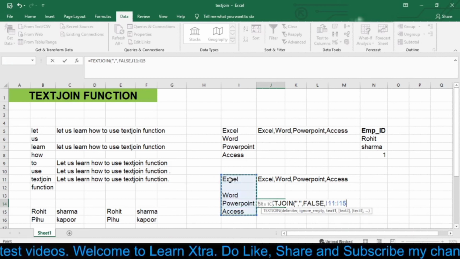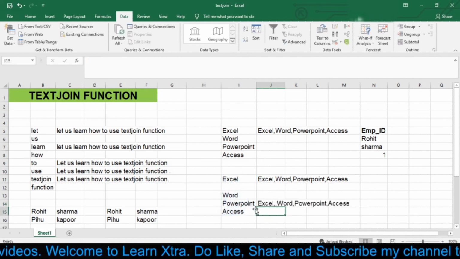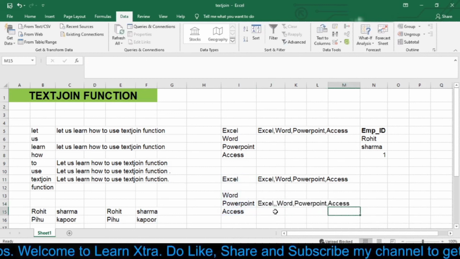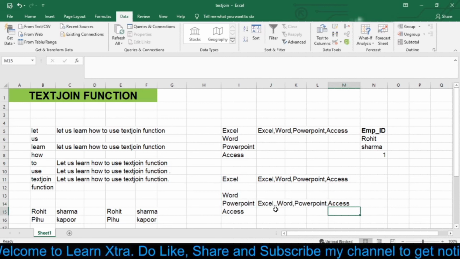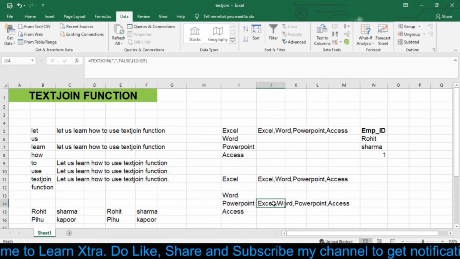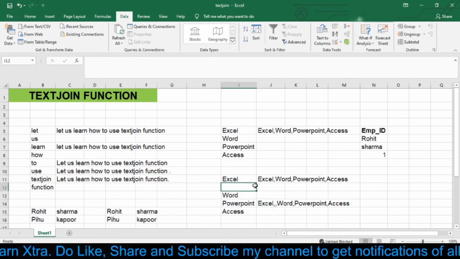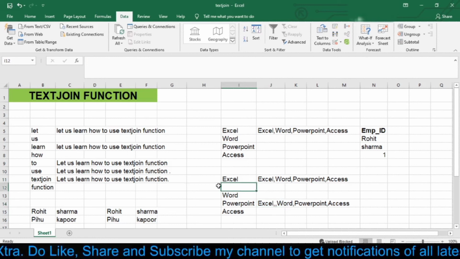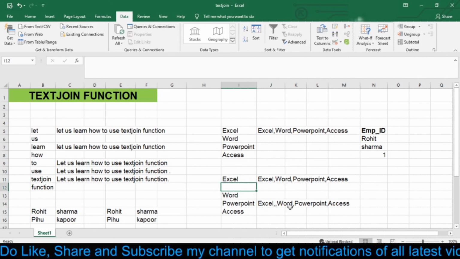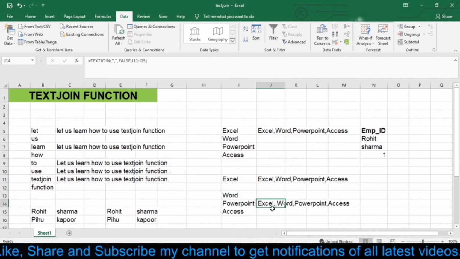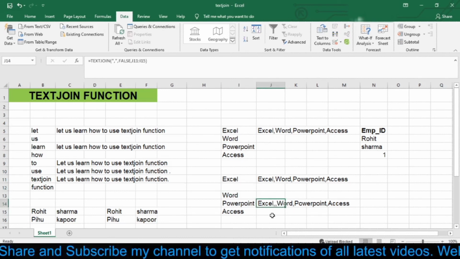So here as you can see, I have 2 commas after Excel because I have included empty cells also. That is why I got 2 commas after Excel. So this is how we can use TRUE and FALSE in the TEXTJOIN function. Hope you will understand this.